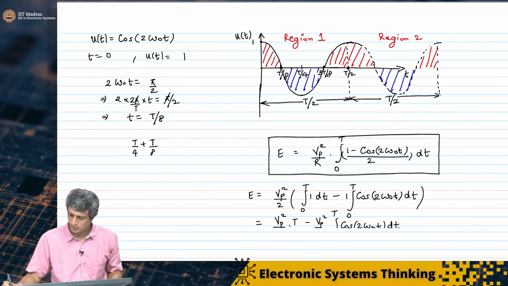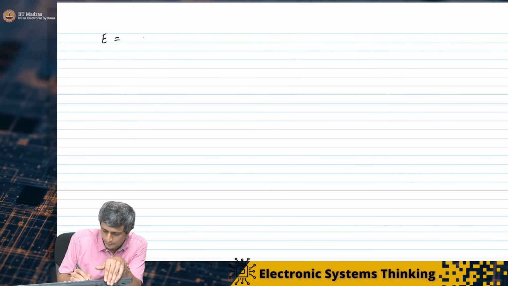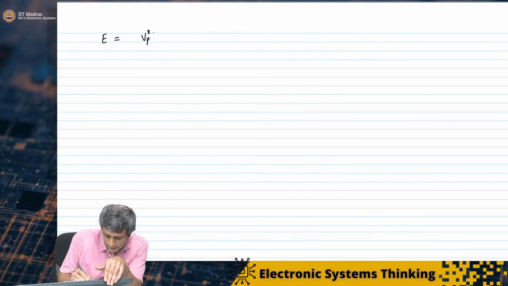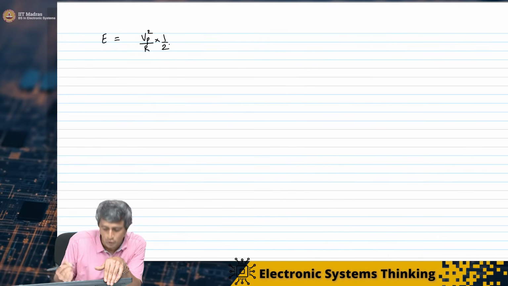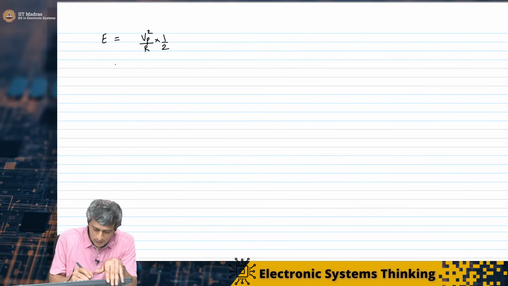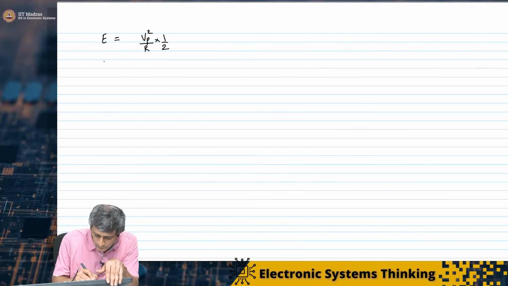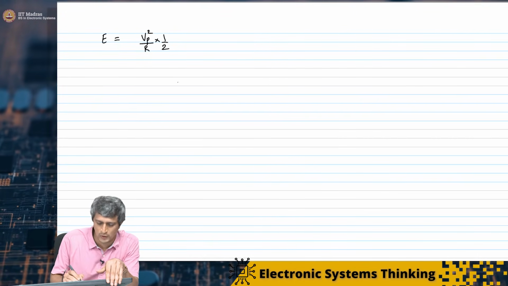You can safely say that the energy delivered in one cycle is Vp squared by R into 1 by 2, okay. So effectively the energy in one cycle is Vp squared by 2 into R,